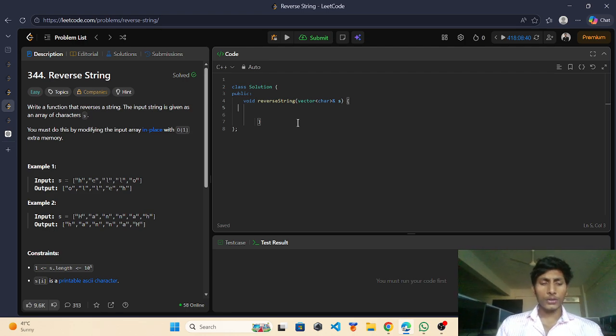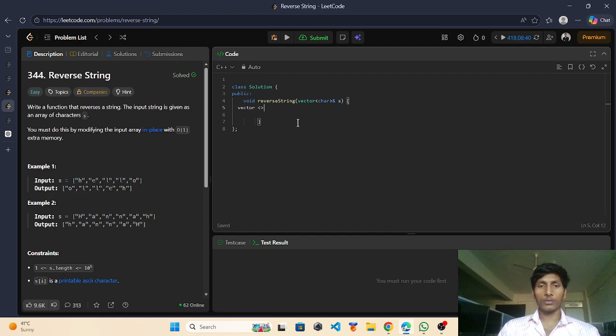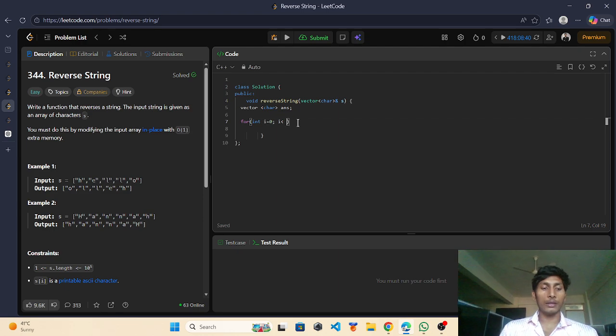We declare a new array, a vector of characters, and that new array will be ans, and we run a for loop here, with i less than s.size(), and i plus plus.